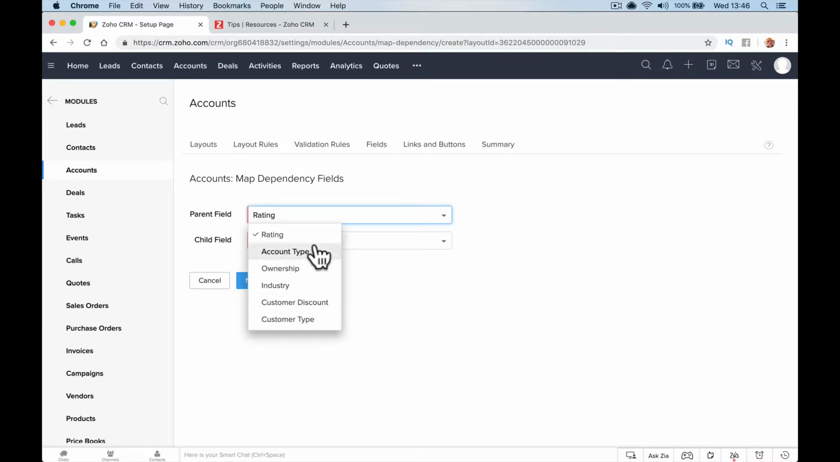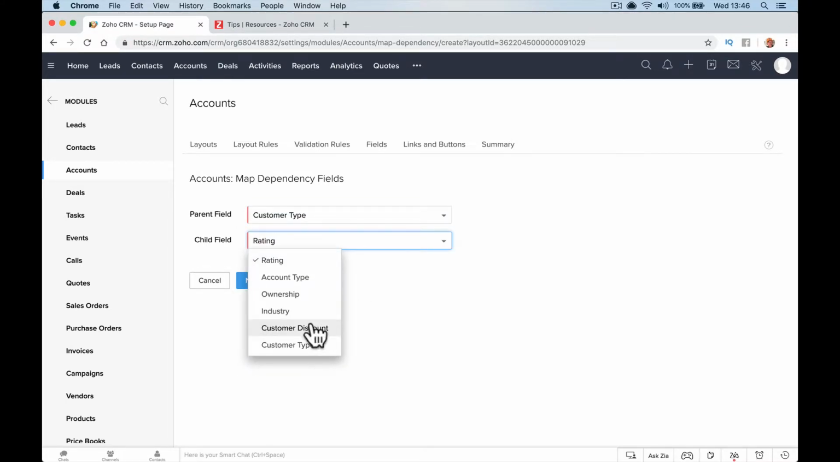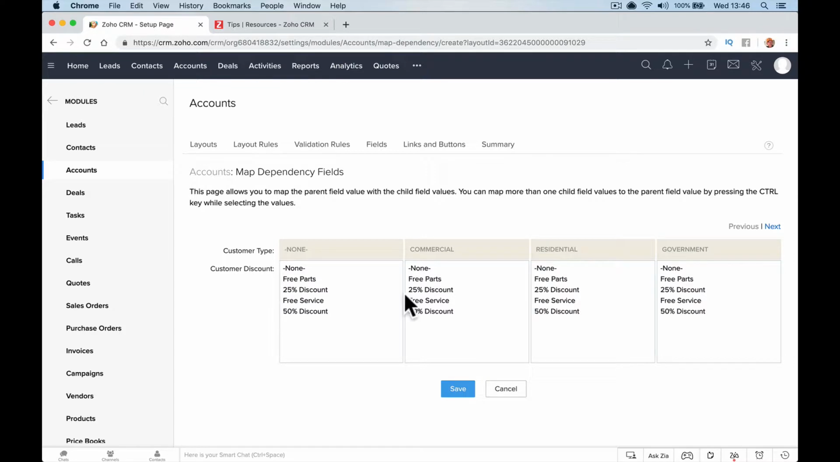Customer type. Did I put account type? Yeah, customer type and then discount, customer discount. Here we go. So now I will have commercial, residential, government, and if none, then no discounts applied. Commercial customers can have a 25% and a